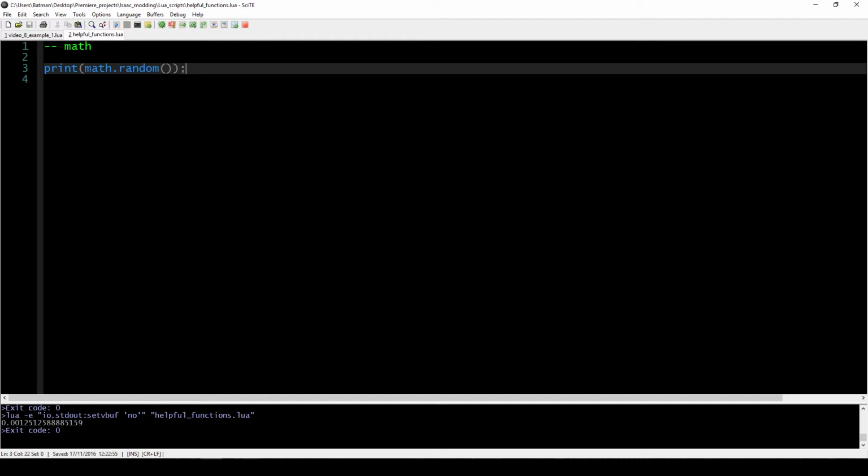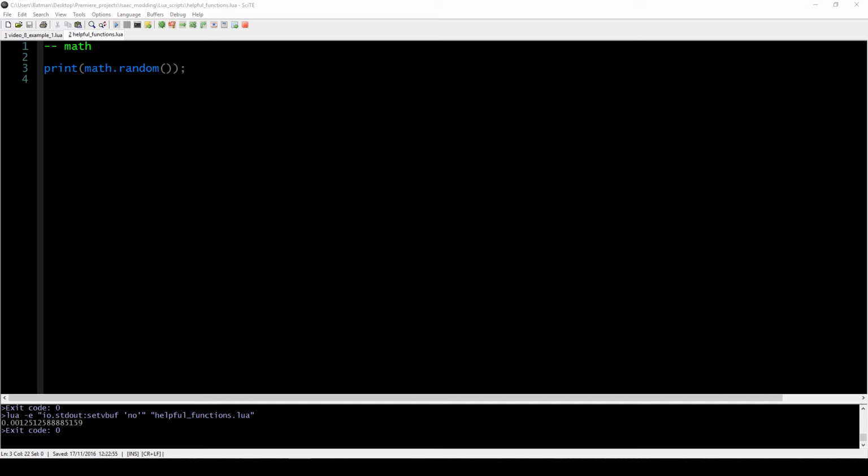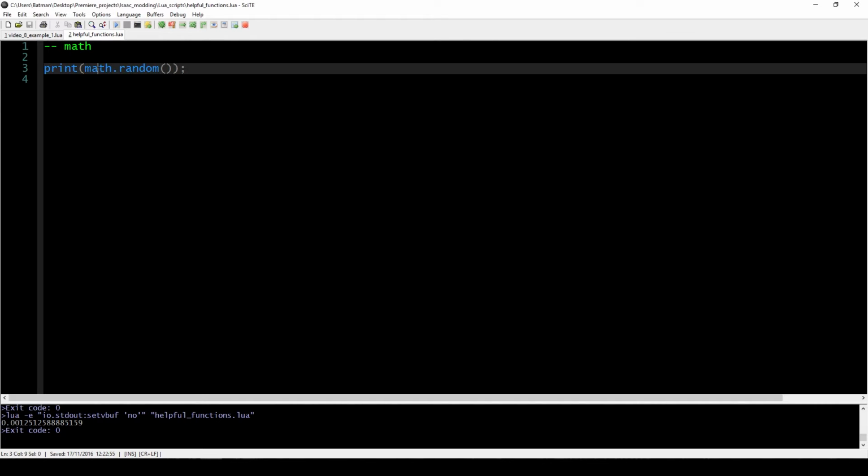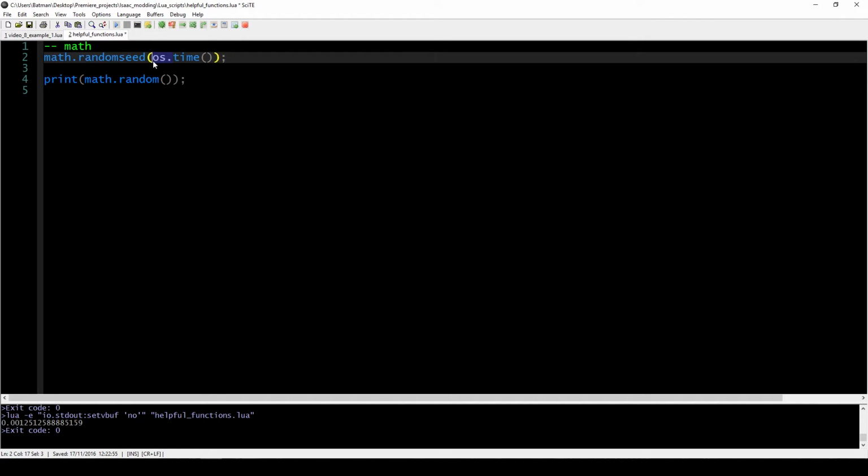As you might expect, this should generate a random number, but you can see that this number is not really random. In fact, it's exactly the same. There's another thing we have to do in order to ensure its randomness. We have to set the seed for it. A seed is simply another number that determines at which point we start, and the seed we are using is the operating system time. This is yet another function, yet another library, that has the function time in it. The time function just gives back the time of our system based on some arbitrary amount